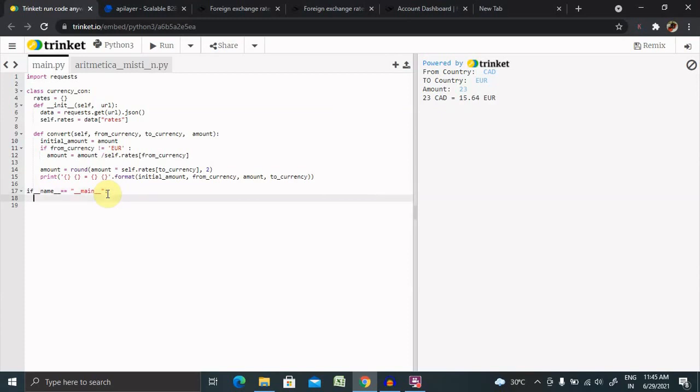Post this, we are going to create a URL for our access key, and after we enter our access key, we will get access to the API. So here we are using dot underscore add and then the URL in between round brackets.